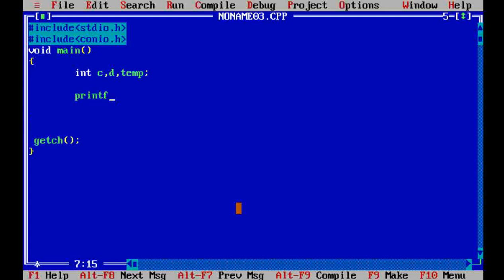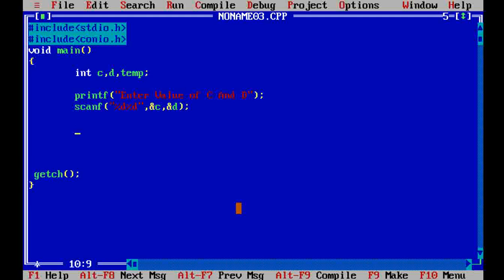Now we'll read the values of C and D. So we write here enter value of C and D by using scanf function. %d first value assigned to the C variable, comma, and %d second value assigned to the D variable.